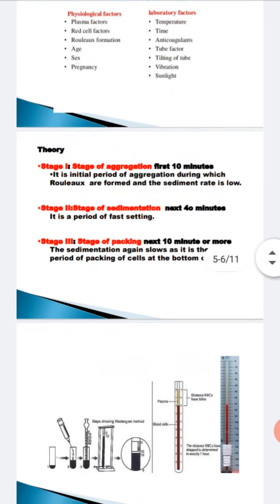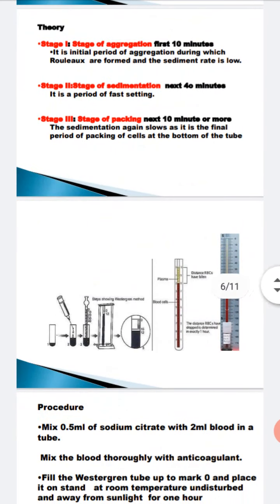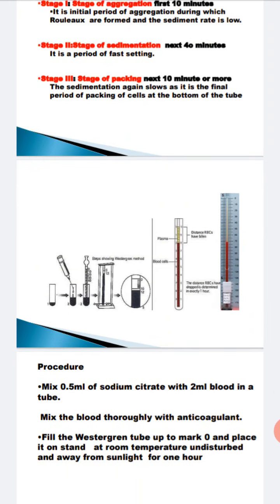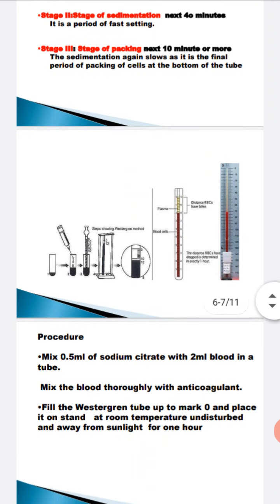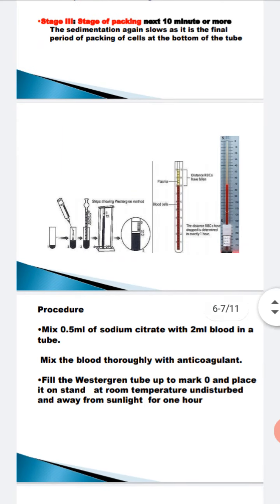Okay. Now you see here in the apparatus, it is very clearly defined how you are going to do the practical, the procedure you are going to follow. I am also going to explain it diagrammatically. So first, we are taking 0.5 ml of anticoagulant, sodium citrate. In a test tube we have taken 0.5 ml of this anticoagulant, and to this we add 2 ml of blood. The blood is freshly taken from the vein, venous blood, or if we are bringing blood from somewhere else, the time since it was taken out should not be more than 2 hours.